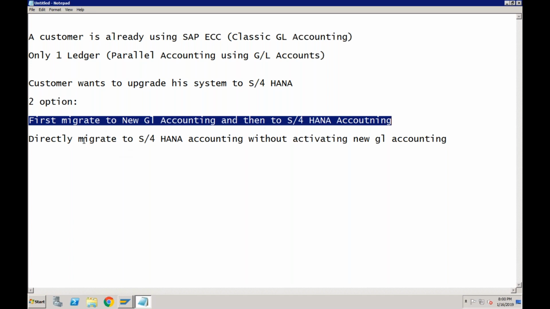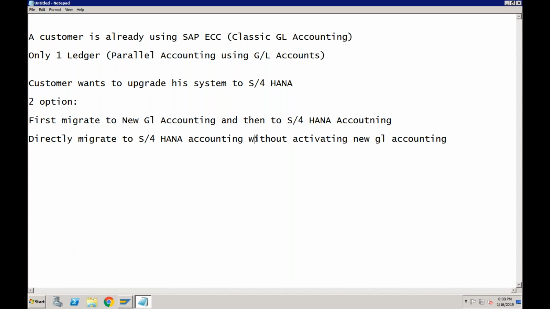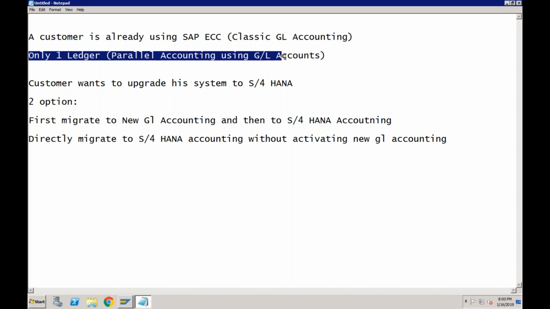But if he directly goes to SAP S/4HANA accounting without activating new GL accounting, then even in SAP S/4HANA this customer has to use only one ledger and follow the account-based approach.